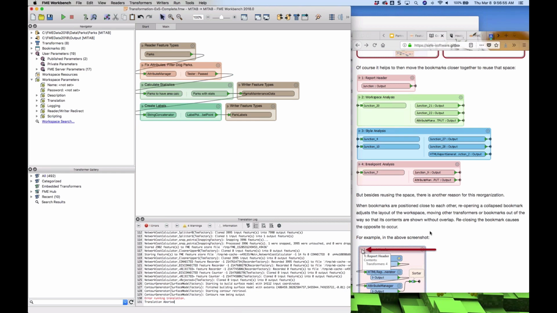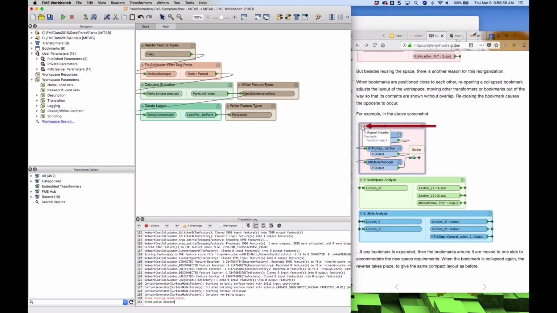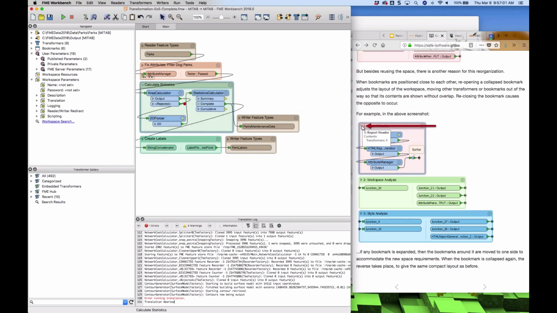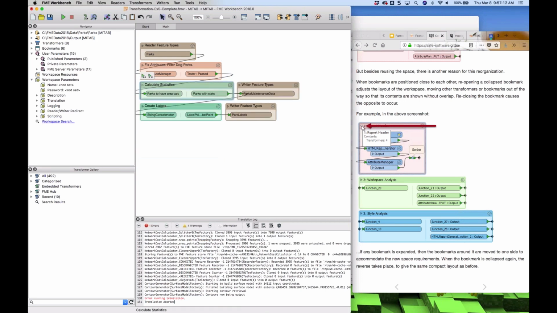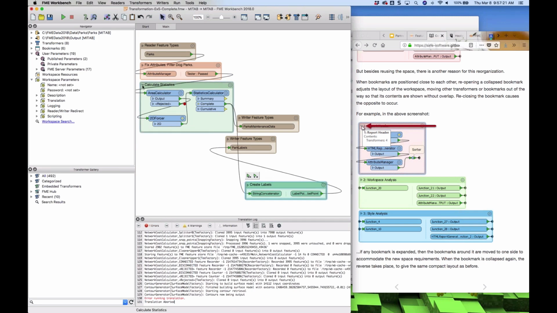So we can move bookmarks together into that area, and FME will open and close things and move stuff around to match and then put it back again. Now it won't do that if I say move this bookmark away like that, then collapse this one. Oh, actually it worked there. Like if you move it too far away, I don't think it'll come back when you collapse it. I appear to be wrong, but